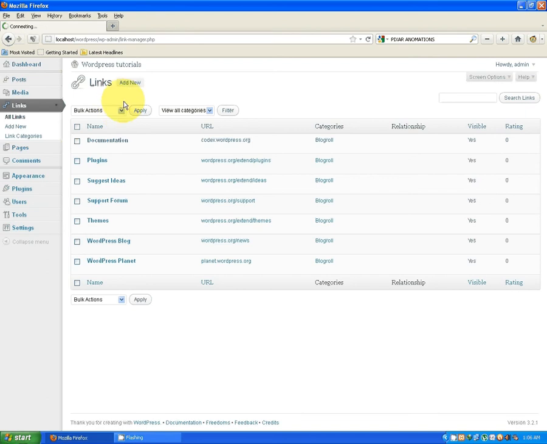We can have bulk actions, delete and view all categories. We can filter accordingly. We can add new links from this tab, and we can also search within the links from this filter.